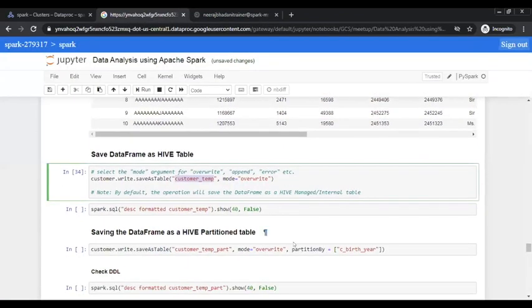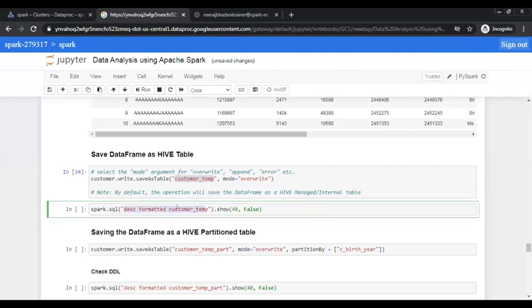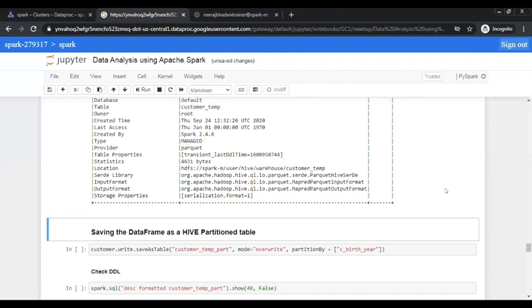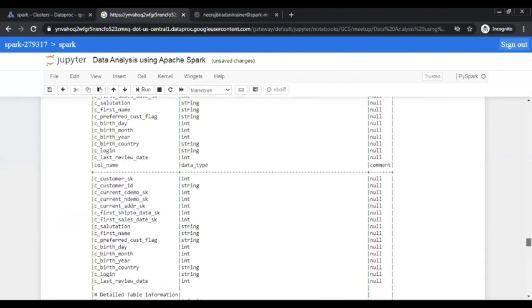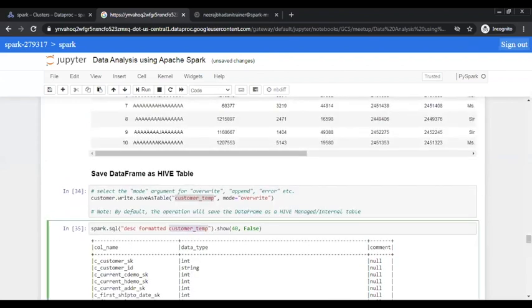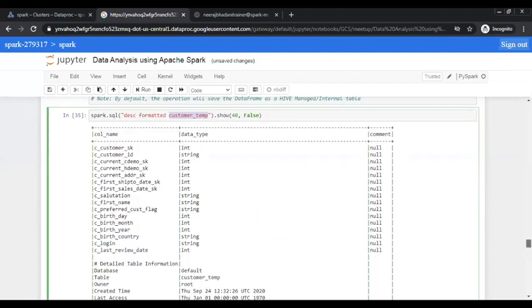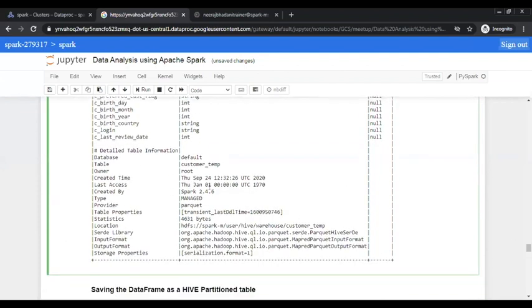However, if I would like to check, I can check from here as well by running some meta commands. So if I execute this for customer_10, you can see we have created this table. A couple of things I would like to mention. Created time, it's literally just now, in UTC time zone. And another important point is the type, managed. So there are different types of Hive tables.